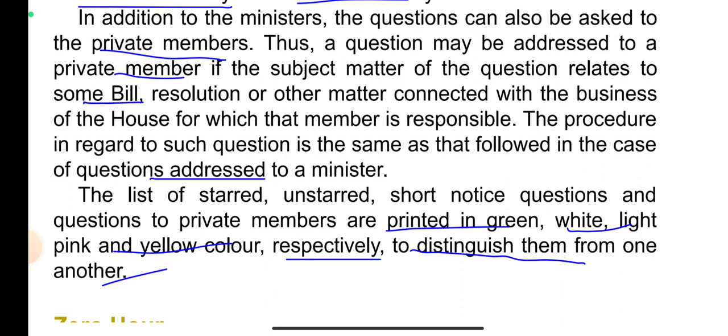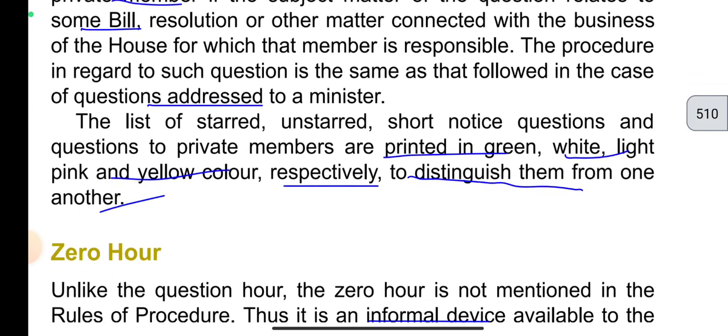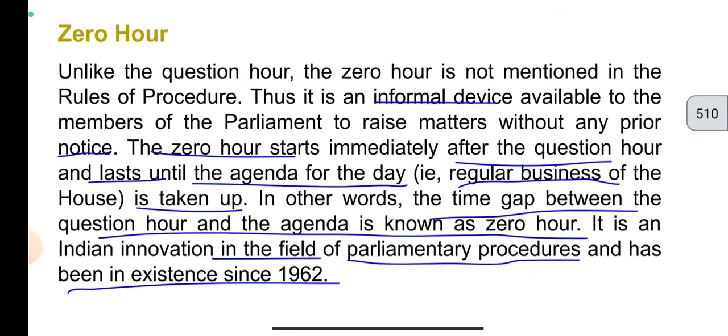But ये क्वेश्चन एक्चुअली में पूछा कैसे जाता है, मतलब वो यहाँ पर बोला है the list of starred, unstarred, short notice questions and questions to private members printed in green, मतलब पूछने के बाद या फिर पूछने से पहले, मतलब उसको सबमिट करना पड़ता है, वो नहीं बताया। ये कुछ बेसिक सी फॉल्ट है।